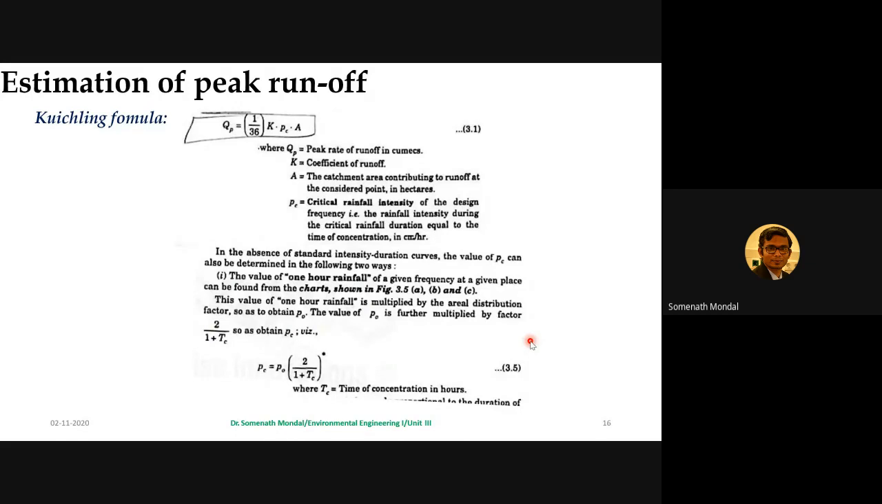So we have two different methods to calculate PC. Unless you have standard intensity versus duration curves, you cannot get the rainfall intensity during the critical rainfall duration. Once you don't get that, it is very difficult to calculate PC. To overcome that issue, we have two different standard methods. One is the 1 hour rainfall. The value of 1 hour rainfall of a given frequency at a given place can be found, and then from the charts we can